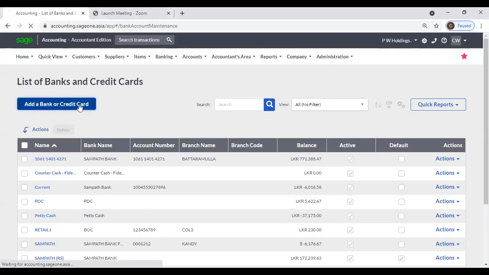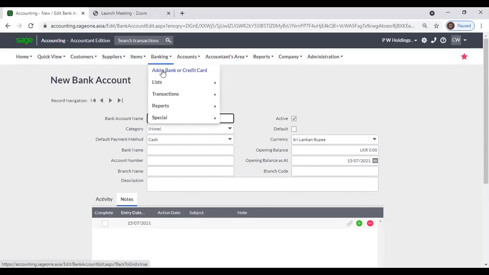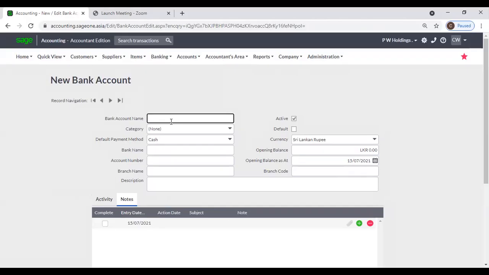Click add a bank or credit card, or you can directly create bank accounts from banking and click add a bank or credit card. From here you can enter the bank account name. For an example, now if you have two bank accounts in Sampath Bank, you can create or you can enter